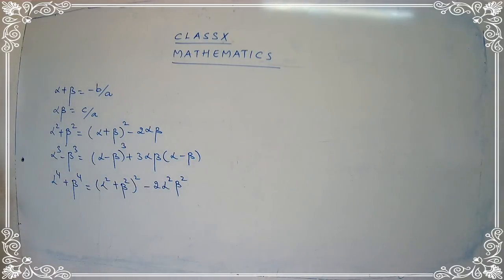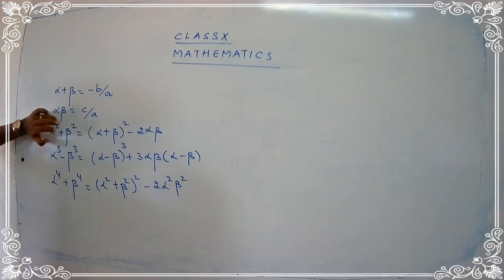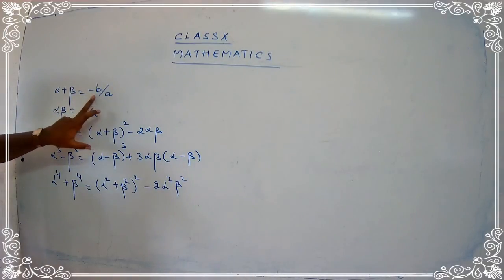So these are few formulas. We have many formulas, and we will go on with the formulas as we proceed with our sums. These are the few formulas that you are going to remember. The first one and the second one are the starting formulas, the ones we always start with for finding the sum of roots and the product of roots. So remember the first two formulas very carefully. Every formula is important, but for every sum we are going to find the sum and the product using the formula minus b upon a and c upon a.